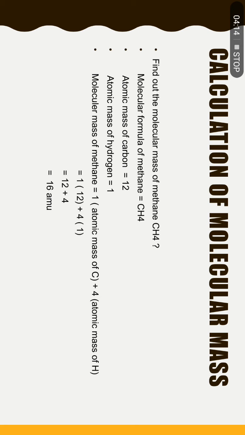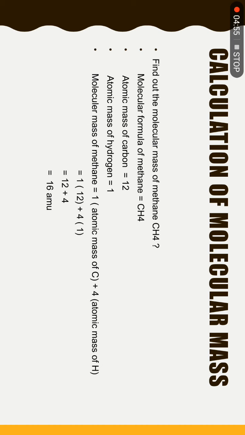So putting these values, there is a specific formula to calculate the molecular mass of certain compounds. For example, the molecular mass of methane is 1 multiplied by, these brackets show the sign of multiplication. If something is written in brackets, it means that we have to multiply that number with the specific number given inside the bracket. So 1 multiplied by the atomic mass of carbon, plus, the sign of addition is given here. We have to add these two values. 4 multiplied by the atomic mass of hydrogen. Why are 1 and 4 given?